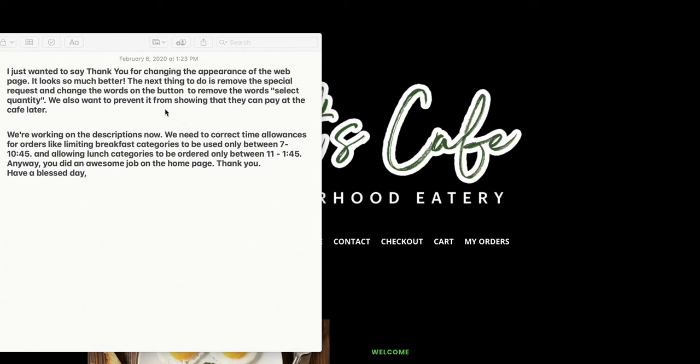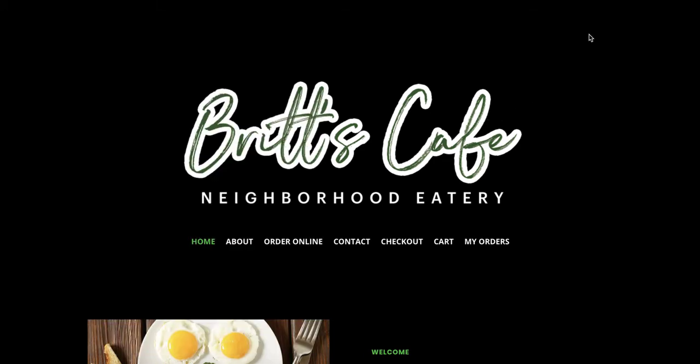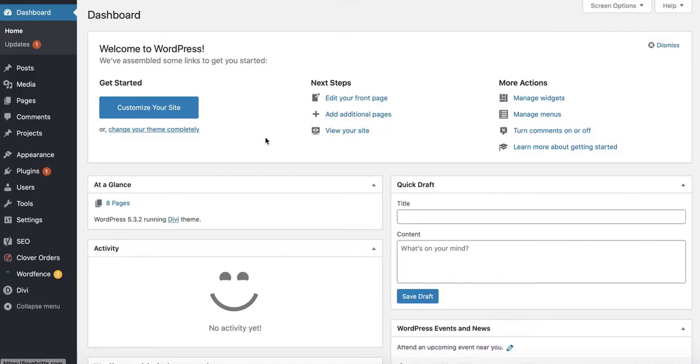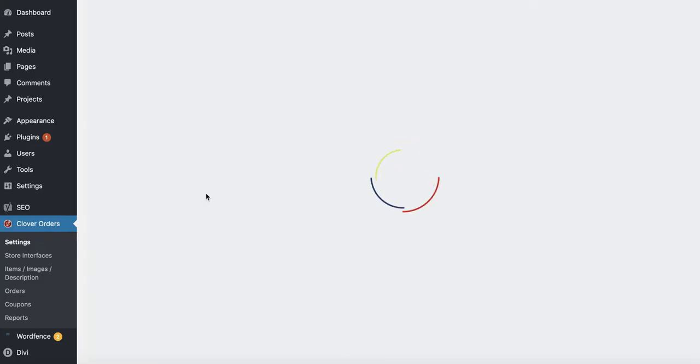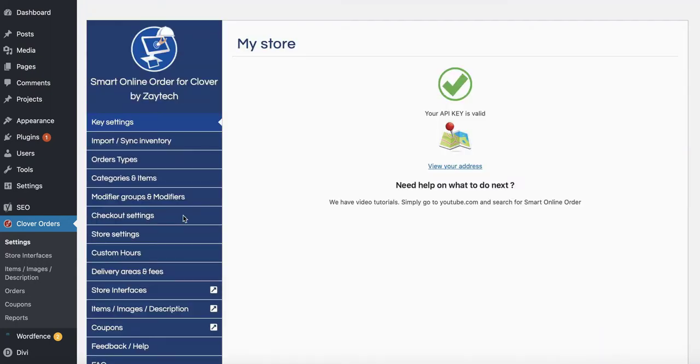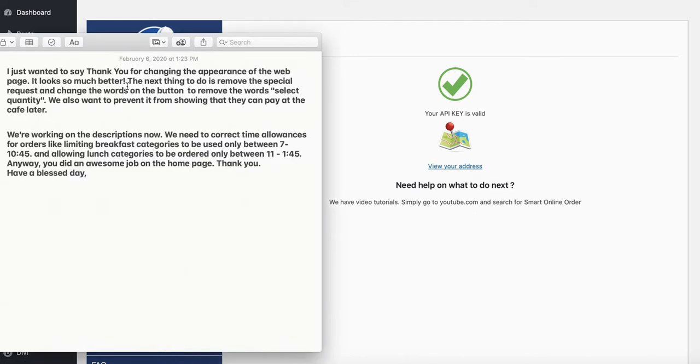I'll show you how it's done. So of course, the first thing you do is you log into the back end. And then once you log into the back end, you press this button here on the left hand side. And then once you press Clover Orders, you press Settings. Once you press Settings, the first thing we'll do is take care of the first thing you mentioned,